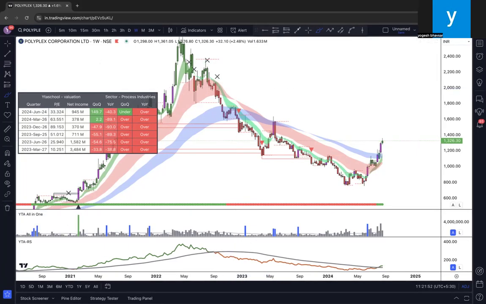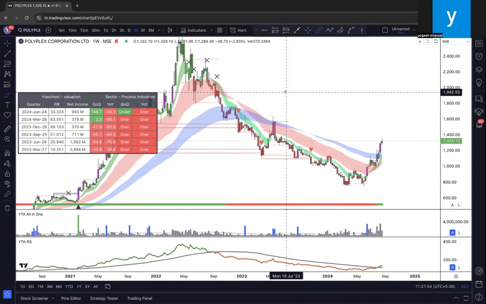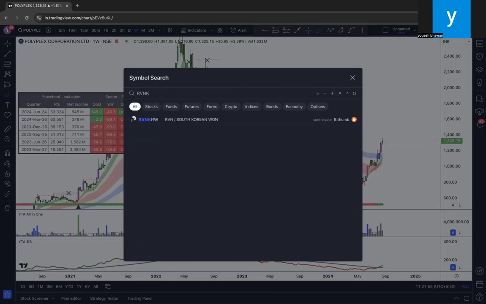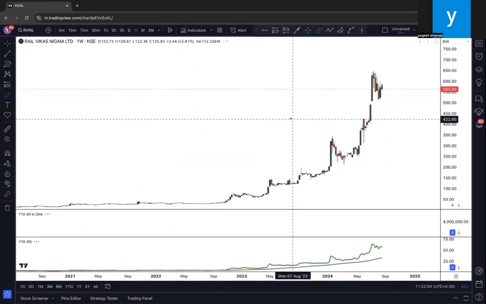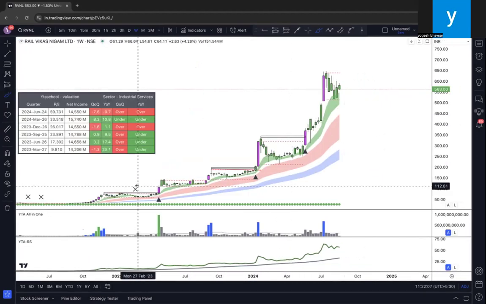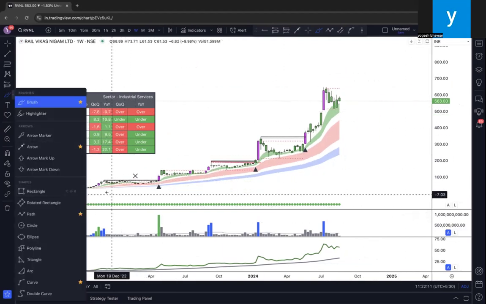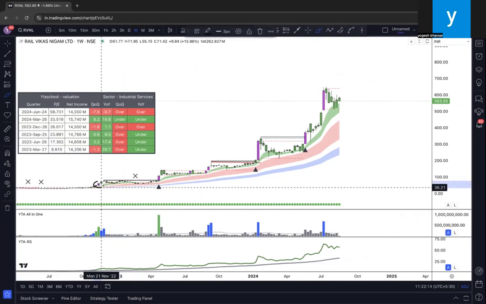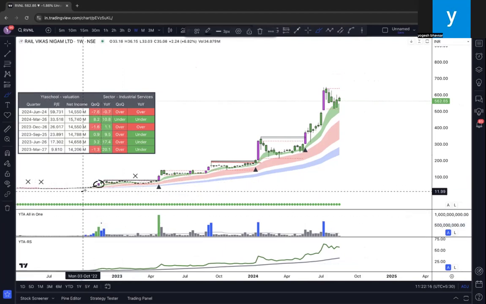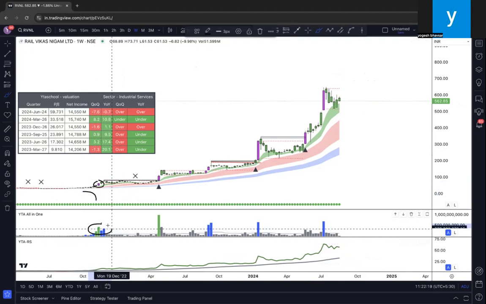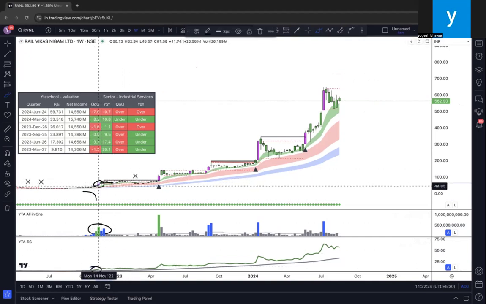Okay. Now, a lot of people ask me, sir, it is okay, but tell me what I should do when the trend is already on. So now let us consider the RVNL stock. In RVNL, if you see, the trend started at 56 rupees. Why? Over here, pink candle, this is green, volume suckers, trend went green. So one can take a buy. I take a buy here, put a stop loss here and let it run.